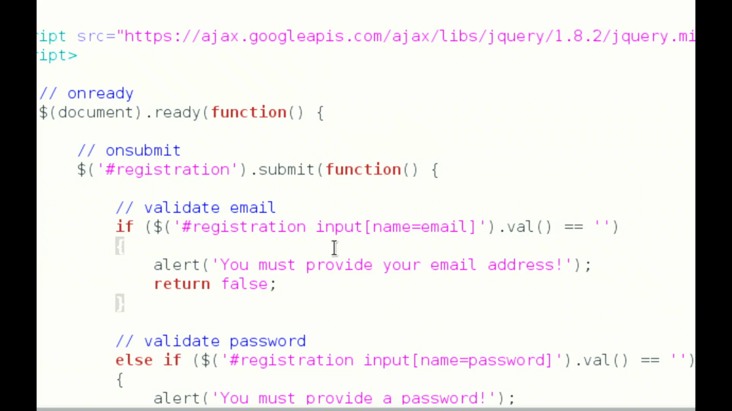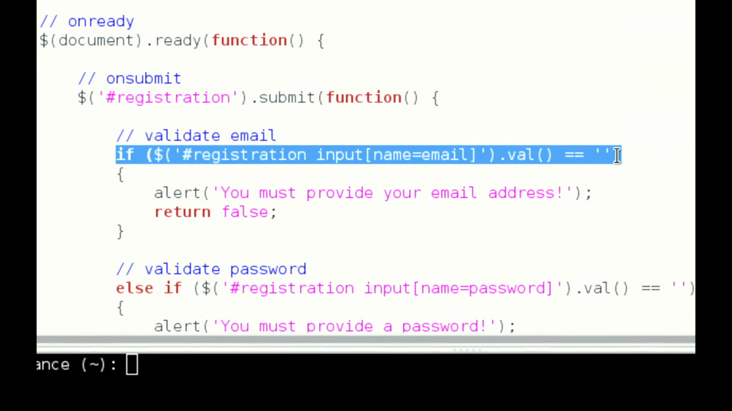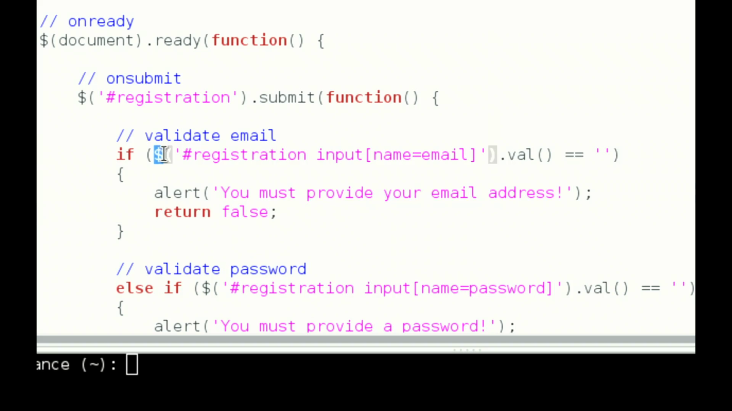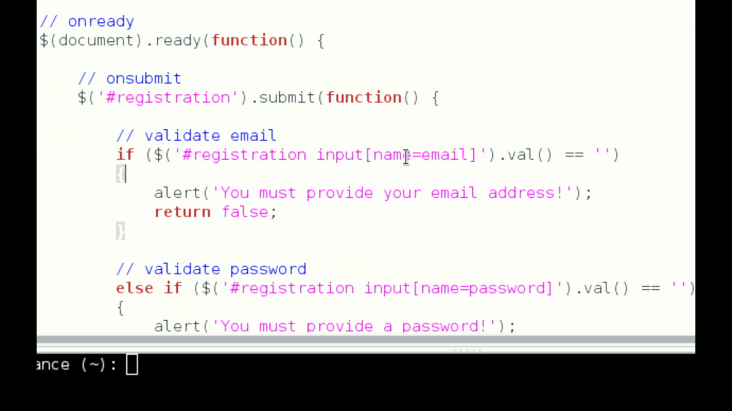So let's take one look now at how we're doing form validation. Again, the syntax is admittedly cryptic at first, but what's going on? If this line of code is true, I'm going to yell at the user to provide his or her email address. So what is this line of code? The $ sign means jQuery. Now notice this. This is kind of like CSS. And if you've dived into CSS yet, you'll know that this means the element whose ID is registration. The space means